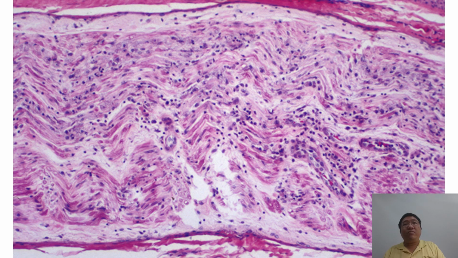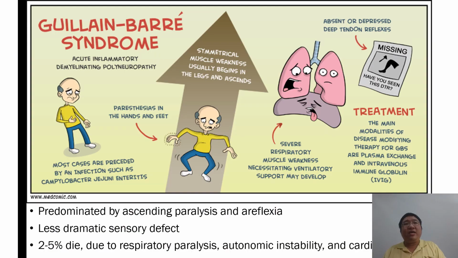Histologically, we detect infiltration of lymphocytes within the nerves. These lymphocytes come to destroy the myelin sheath. And most patients are preceded by infections such as Campylobacter jejuni enteritis,